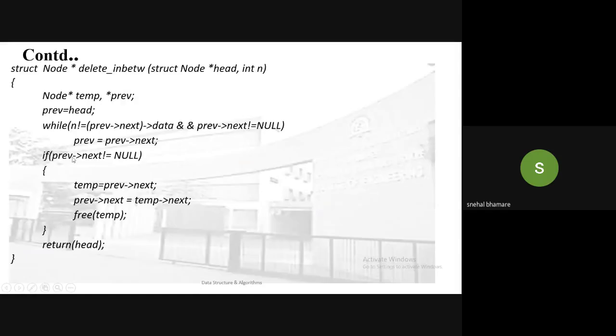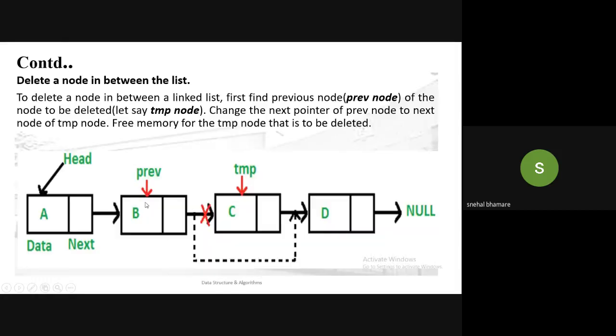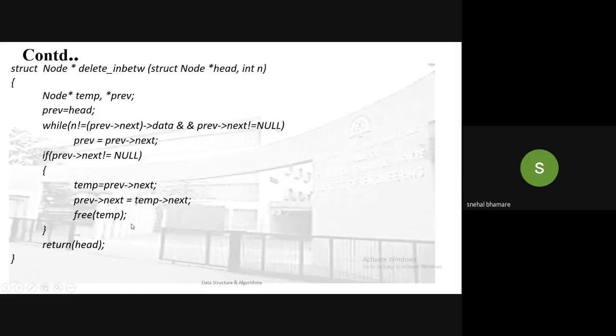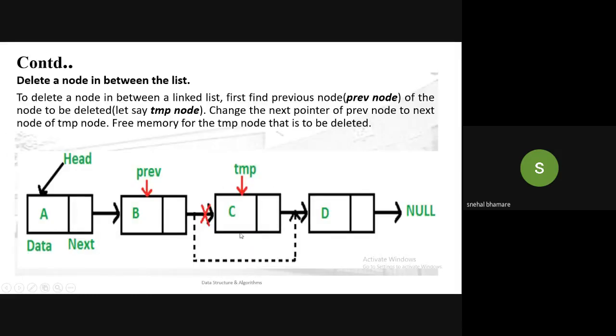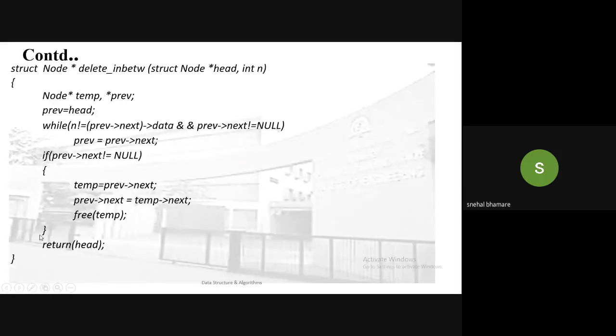Once it points to the second node, temp = previous next. So temp will point to the next node of the previous node. And now here we are changing the link, that is previous next = temp next. That is previous next, which was earlier this link, will point to temp next, that is this link. So a link is created for the next node of the temp node. Okay, and free temp. So you will free this node by using the free function, and automatically this node is going to get deleted. Now after this, return head.